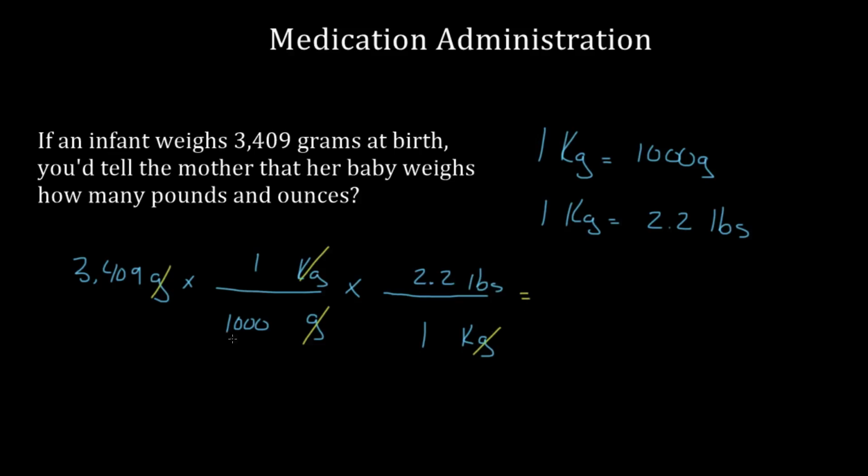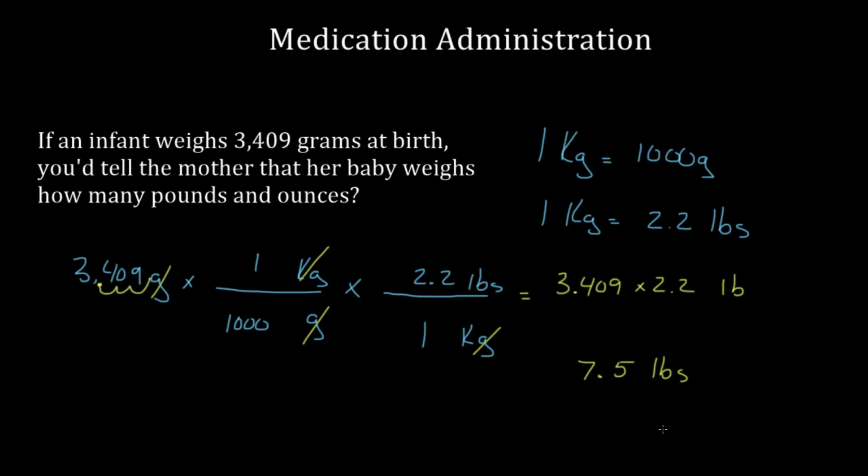We can go ahead and take our calculator and take 3,409 and divide that by 1,000. If we move our decimal place over 1, 2, 3, we get 3.409. So this is 3.409 times 2.2 pounds. If we go ahead and calculate that out, we end up with 7.5